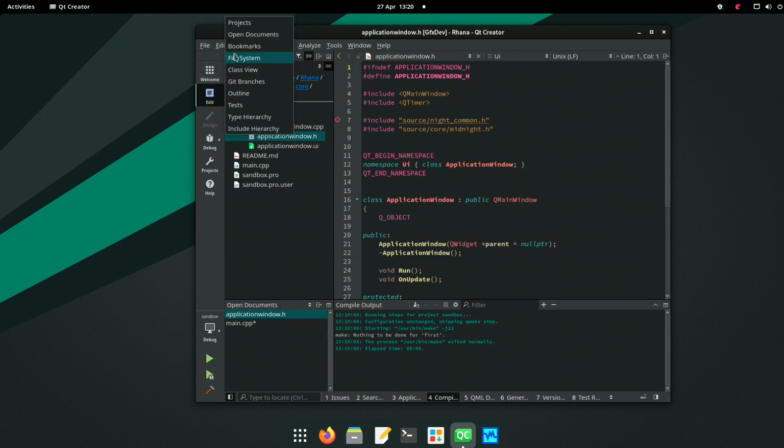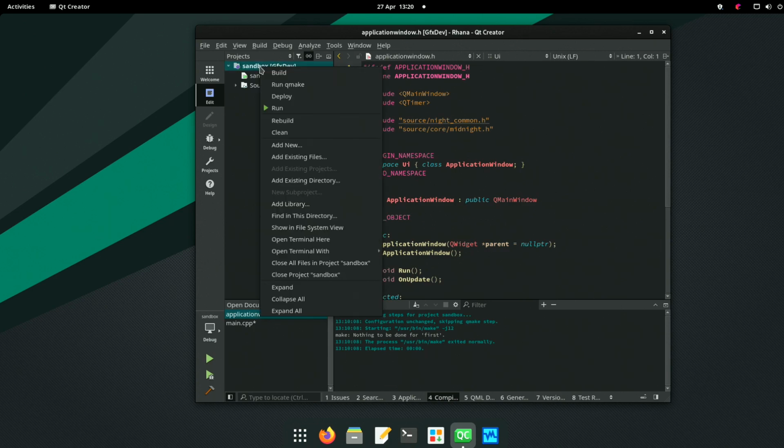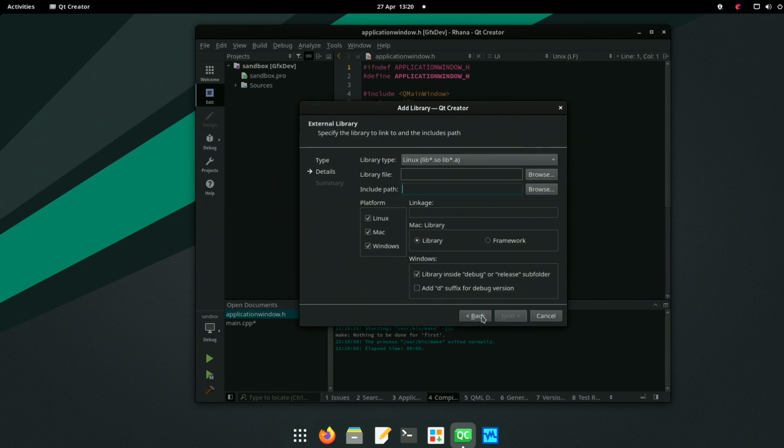So get off the file system, go to projects, go to Sandbox, add library. Here we go. It's external, so we'll take external.